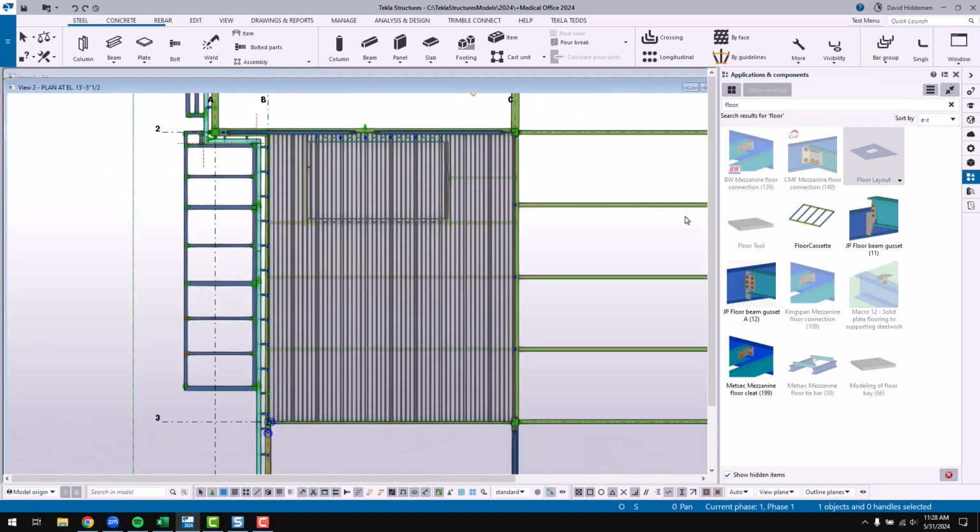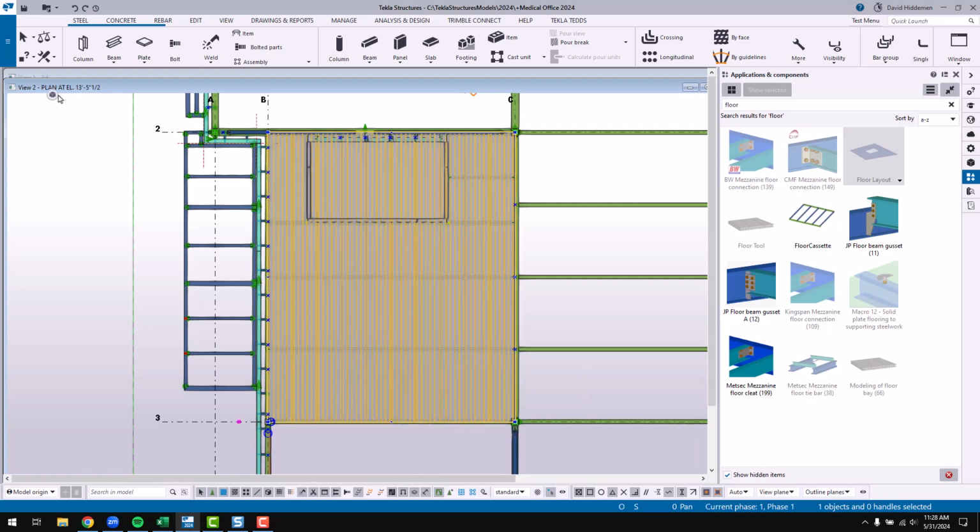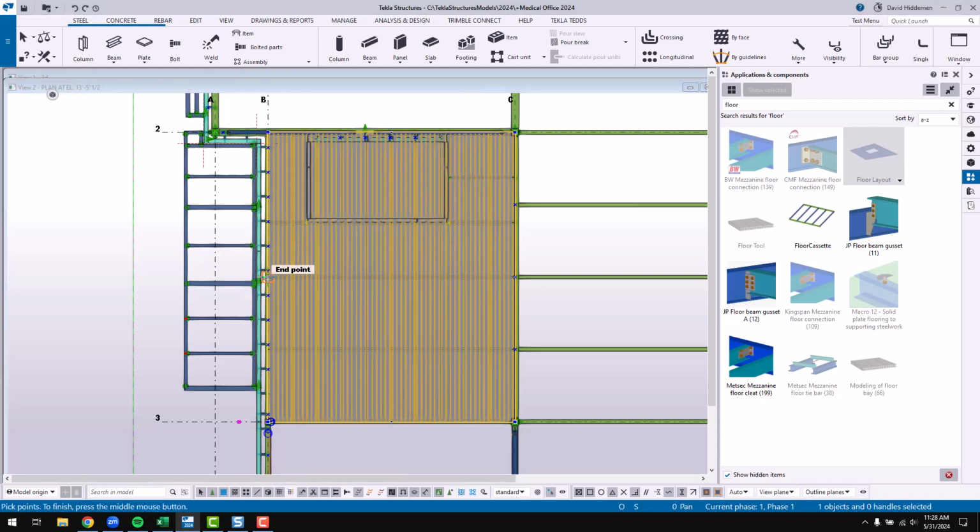Well, just like the panel tool, if I come in here and I've got my direct modification on and I've got my select components on and I grab that component, there are available functions in here that are not available anywhere else. Two of those I want to show you. One is to split the decking. So, I've created this along a fairly large bay. If I wanted to split these at one of the beams, I could activate that function,